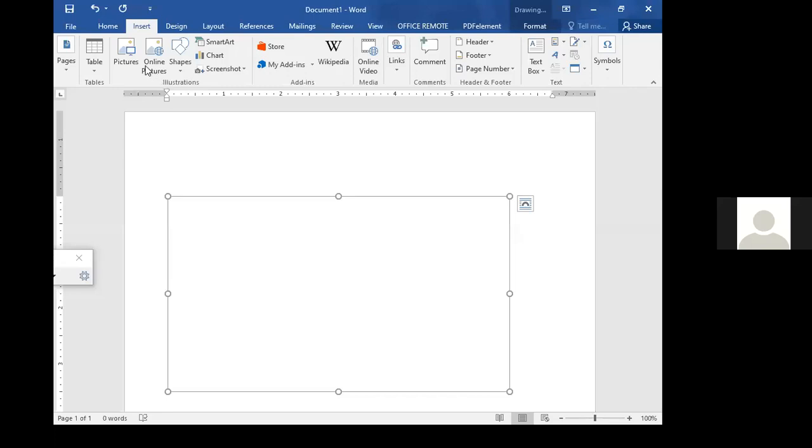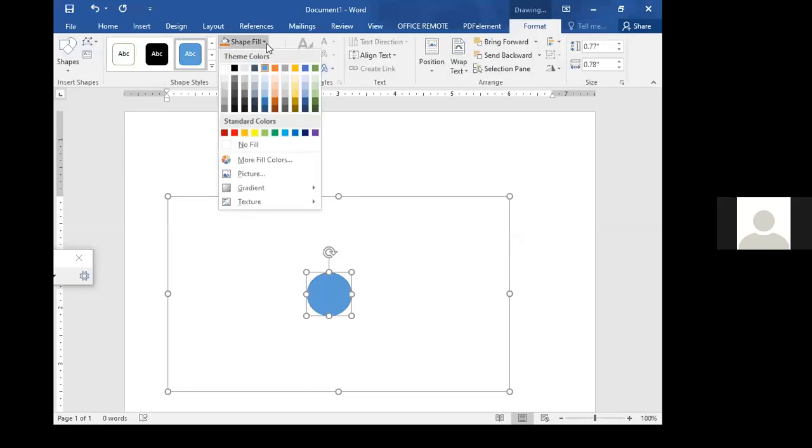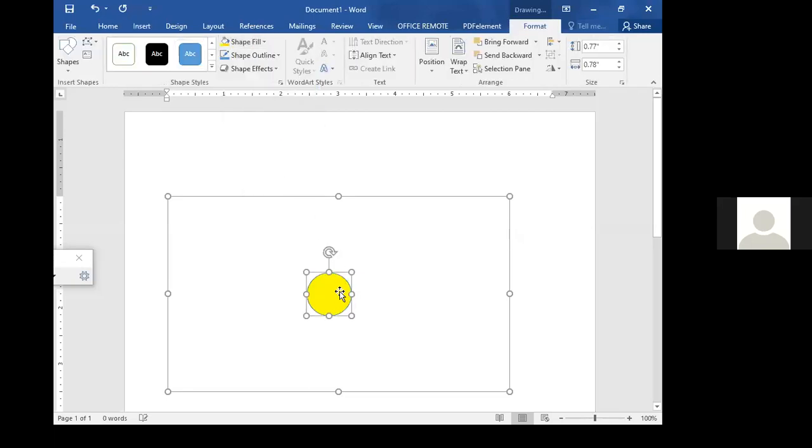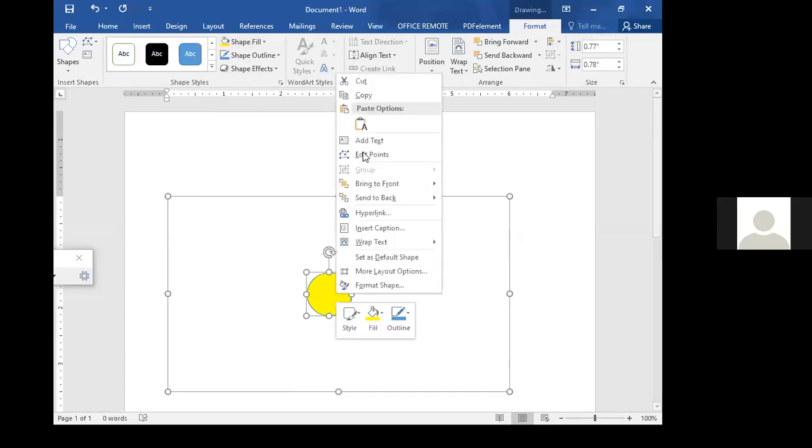For example, if you want to talk about characteristics of plants, you choose a shape, maybe a circle, and you put it at that center part. Then for the fill, you can leave it maybe yellow, and then you insert text inside. What is your key idea?